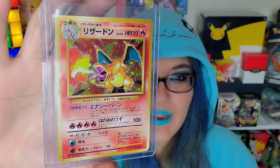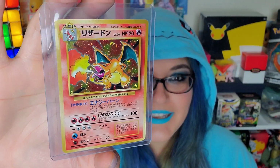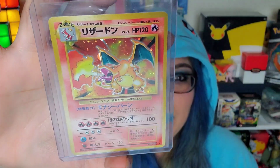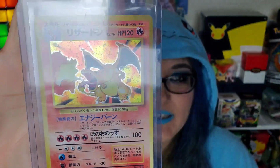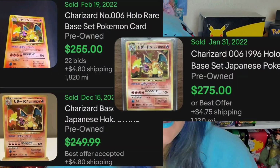So again, I am not going with your traditional base set English Charizard. I'm going with the Japanese Charizard. Look at that. Look at that holo. Really nice, beautiful, beautiful card. So this Japanese version on eBay ranges as is, condition not graded from anywhere, is going to bring about $250